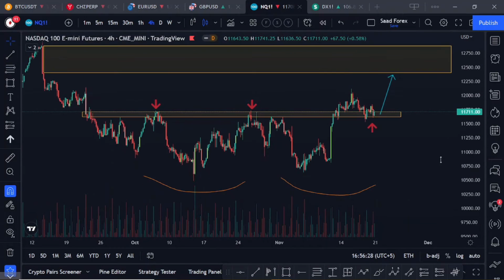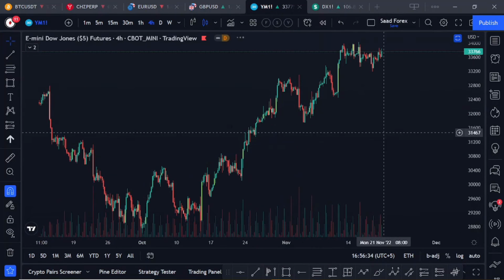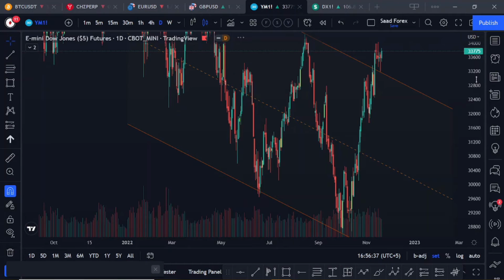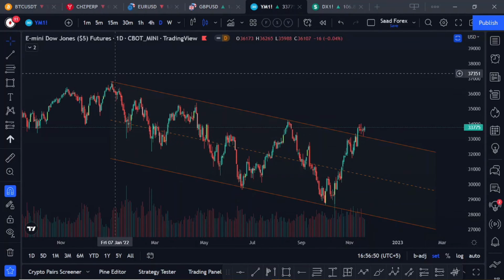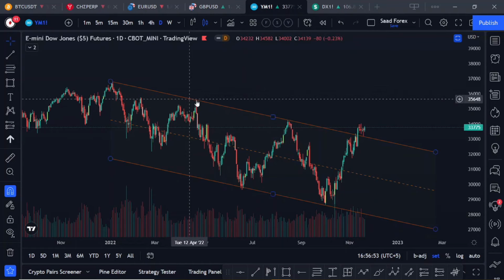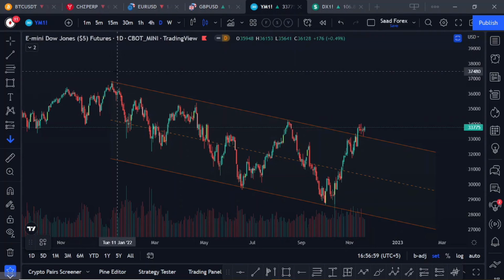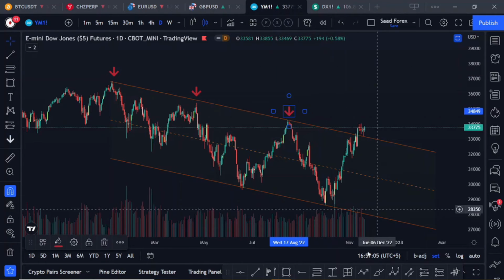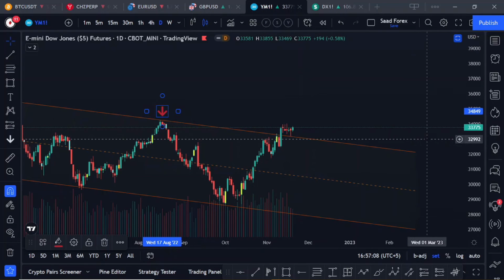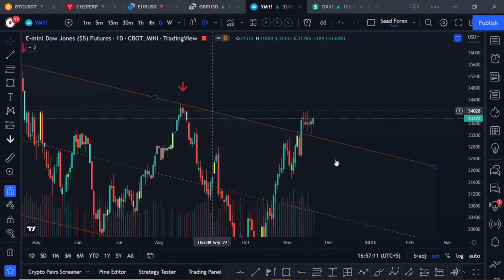Nasdaq would probably pump here. Let's look at Dow Jones, US30. We have been in this descending channel for a long time, since around January, and every time we hit this resistance we fall. Price rallies into this and falls, rallies, falls, rallies here, but this time it's different. We didn't fall. We are consolidating above this resistance area,